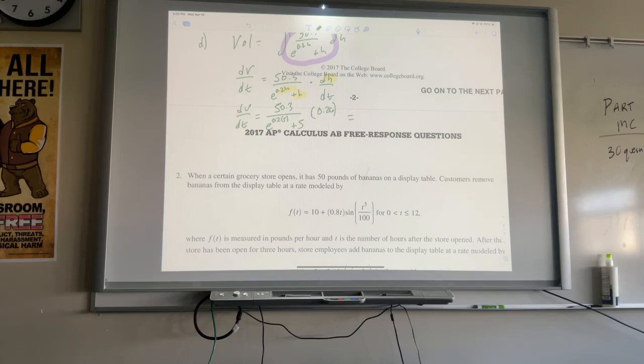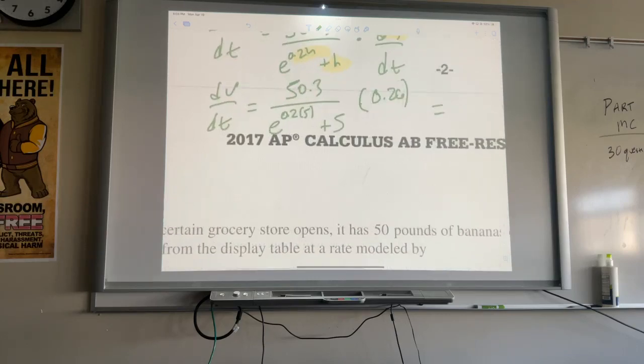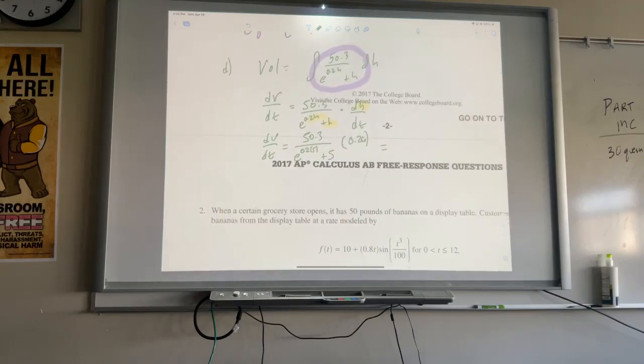Yes, that's where the dh dt came from. Because I did the derivative with respect to h, then I need to do the derivative with respect to t. No, remember, you chain rule the thing that you're plugging in. Oh, yeah. And that's where the dh dt came from. Okay? So did we get